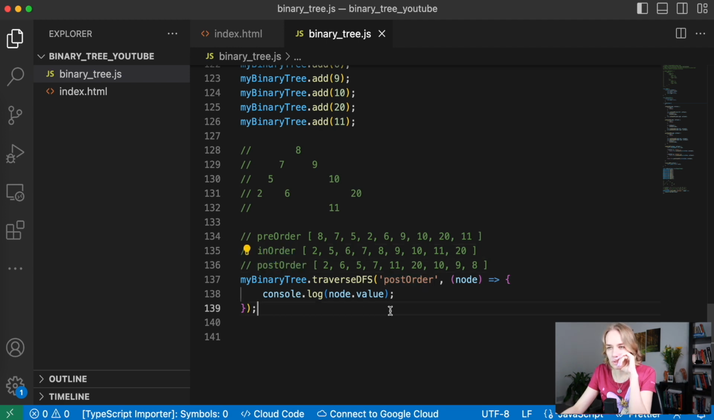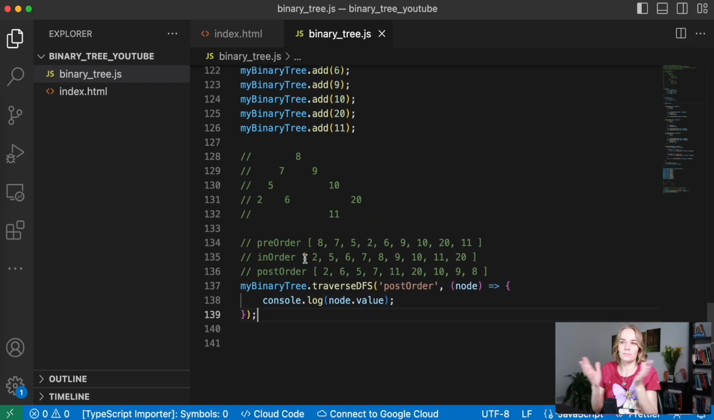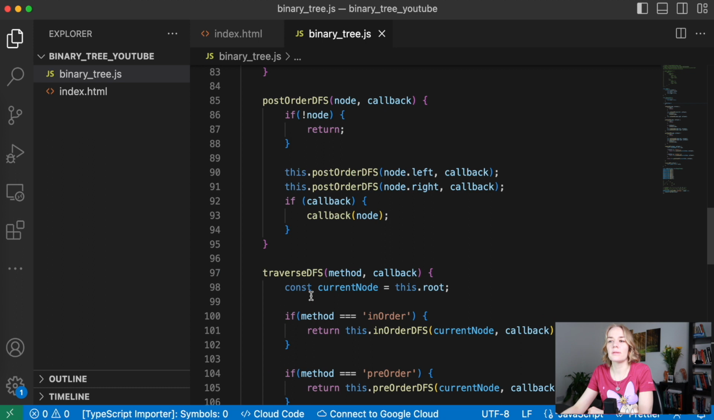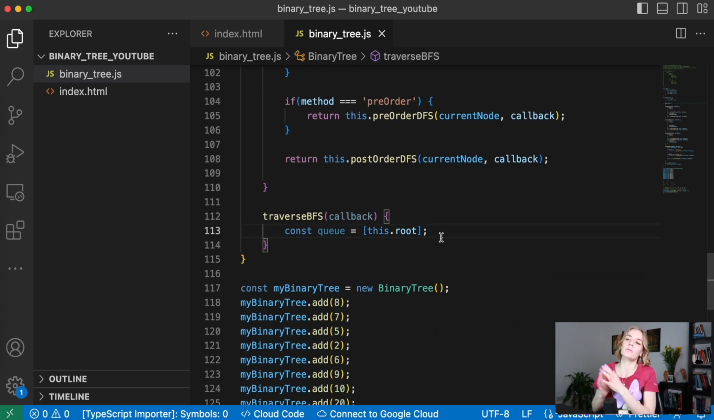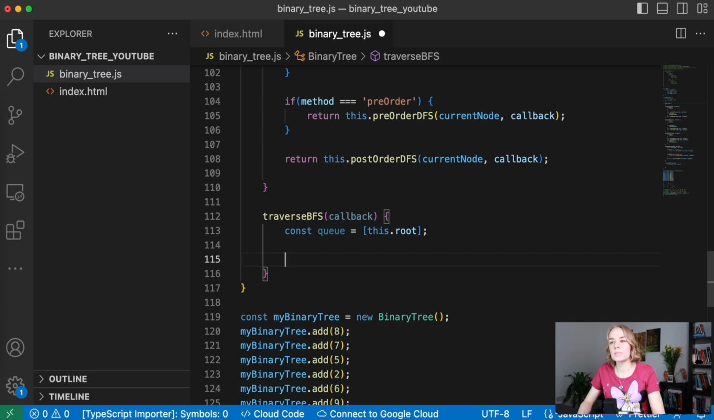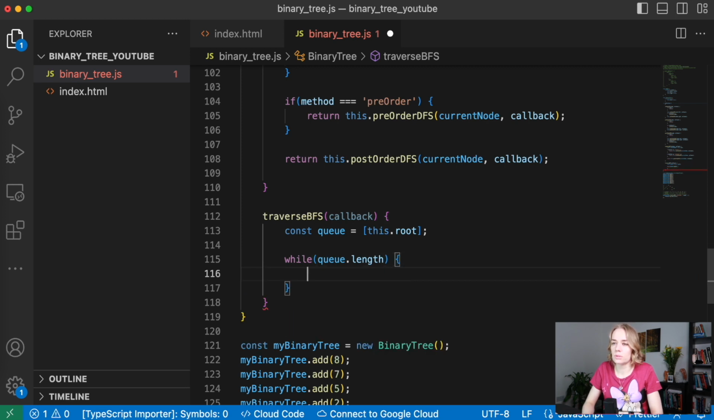Preorder, inOrder, postOrder. So we have studied with you these approaches about depth traversal. For now, let's try to study how to write breadth traversal. So when we go by levels and check everything here, we will work with queues. Actually, it's really easy, I think. So we created a queue, and while queue length, what we do, we just take the current node, pick up our node,